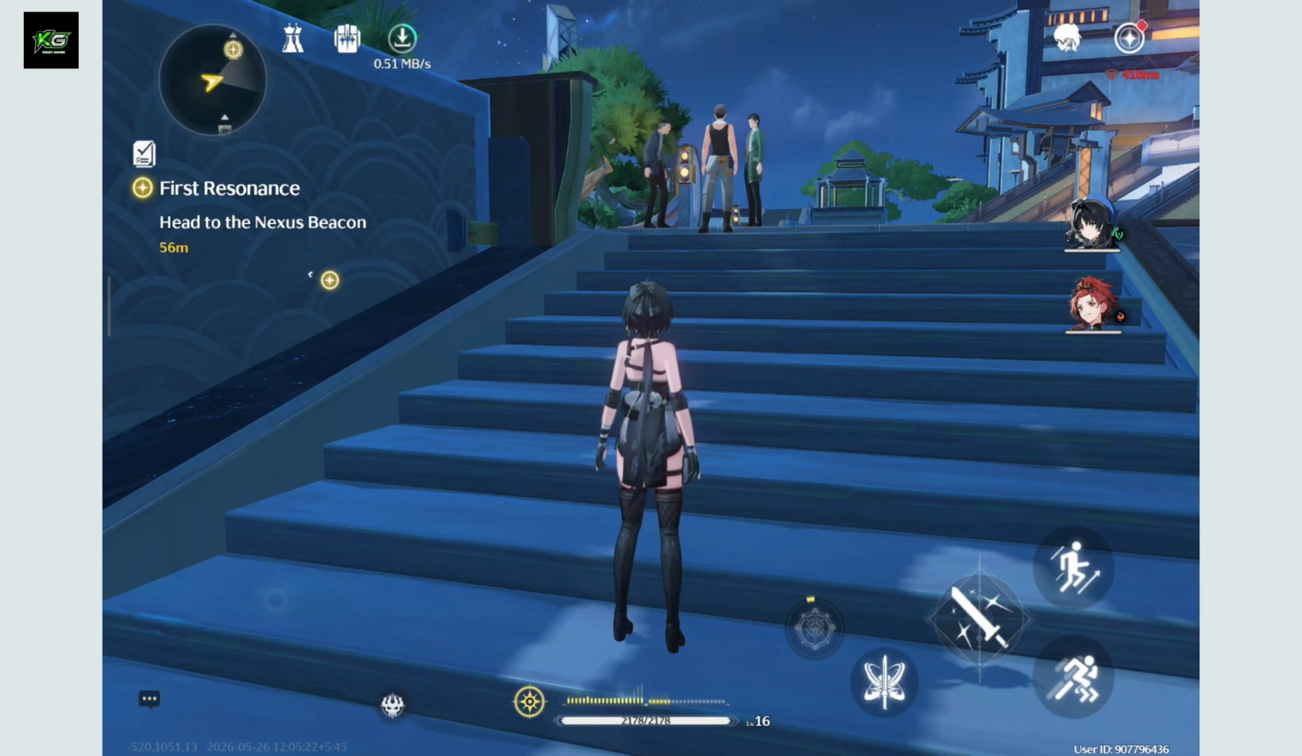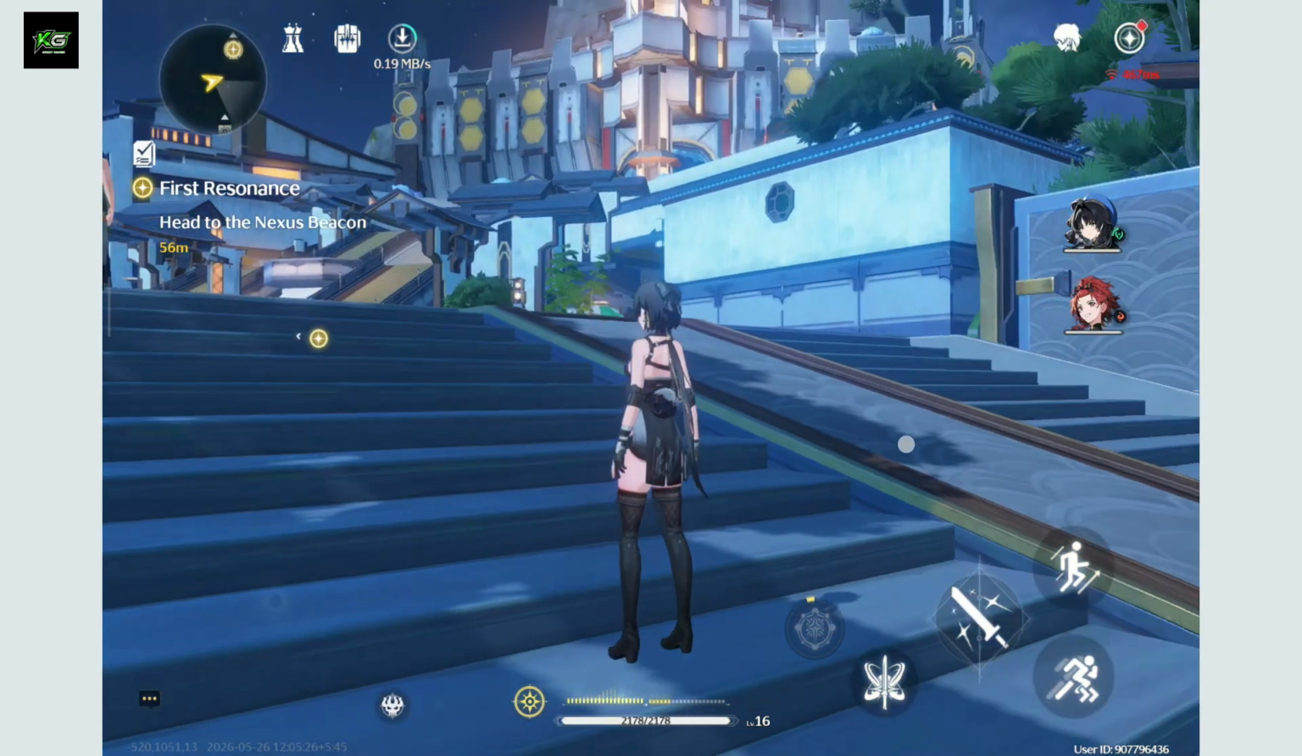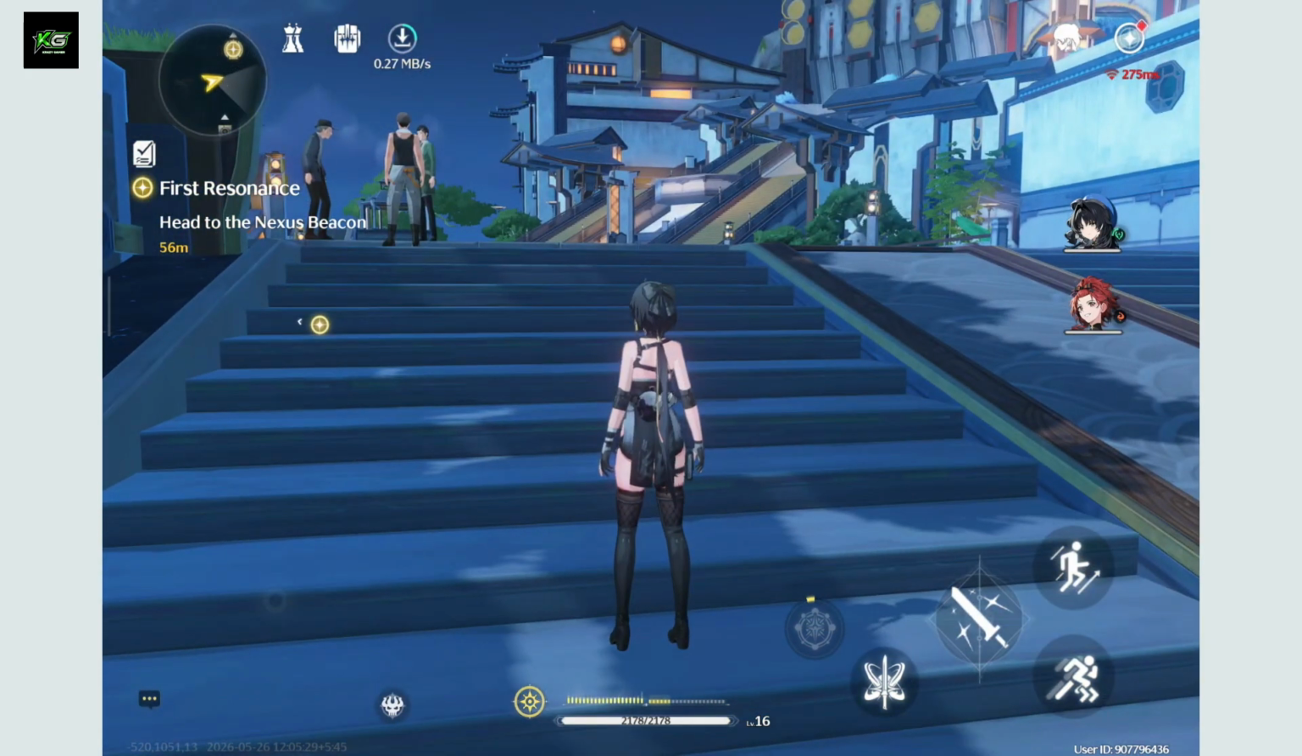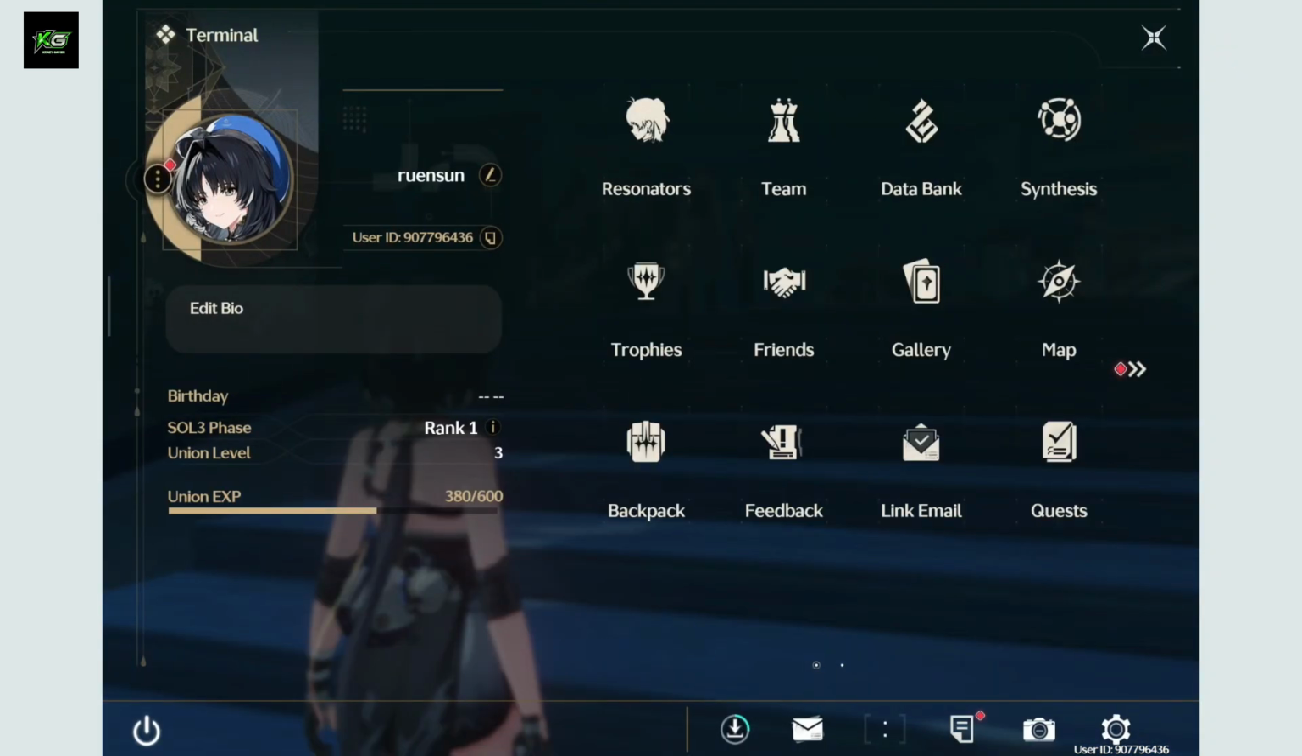First of all, open the Wuthering Waves application on your device and wait for the main game to load. Once it loads, go to the upper right corner and tap on the menu button. Right after you do that, you'll open up this terminal page where you'll need to tap on resonators at the